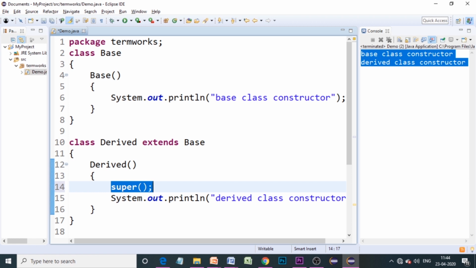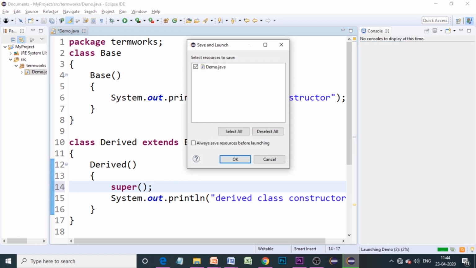Similarly, here I am using super without any dot operator or method name, because constructors are not called explicitly using the dot operator, isn't it? They will be called automatically. That means I want the base class's constructor to get executed, which happened just as in the previous case.